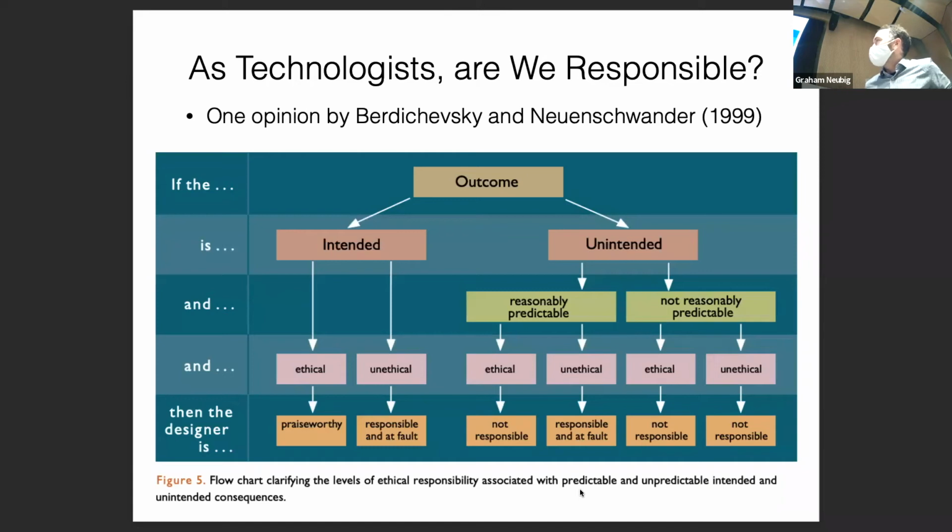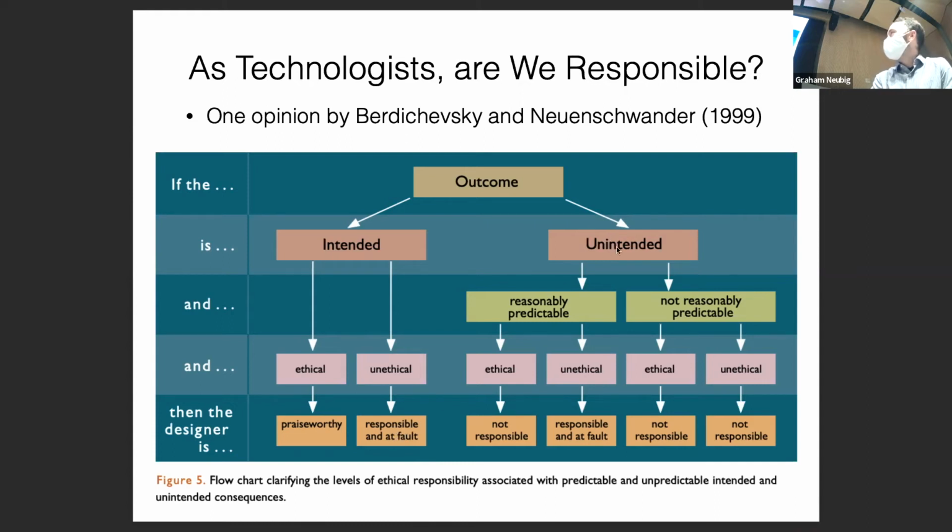And I really, really like this figure that I discovered maybe 5 or 6 years ago. It's from a description of persuasive technology. And at that time, I was working on persuasive dialogue systems or negotiation dialogue systems. Basically, the idea is if you look at the outcome, if it's your intended outcome and it's ethical, that's great. If it's your intended outcome and it's unethical, then, I mean, you probably have an ethical problem.